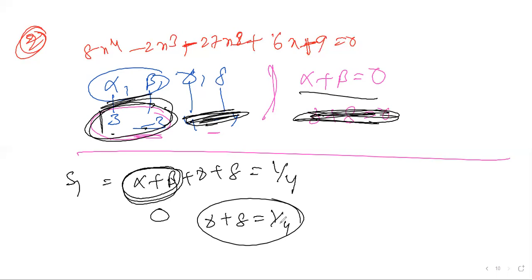They mentioned the condition that two roots are the same with different signs; the other two roots they didn't mention. That is why I take this one as 0, and the other summation is this one. Let us move forward: alpha plus beta is equal to 0, gamma plus delta is equal to 1 by 4. This is the condition they mentioned.